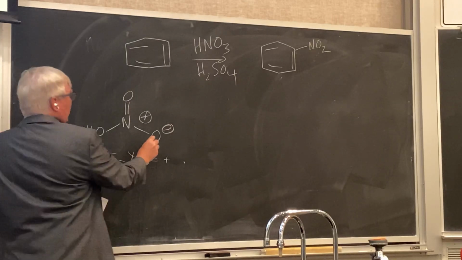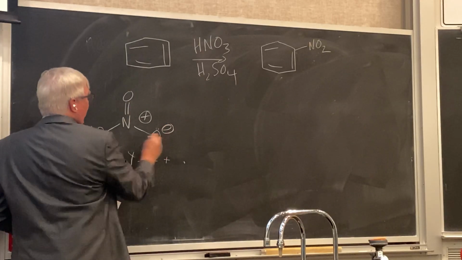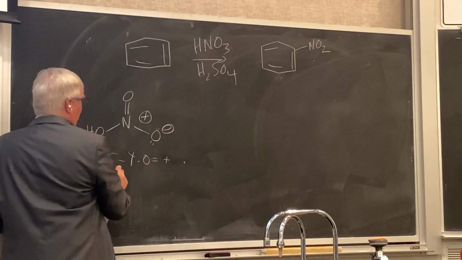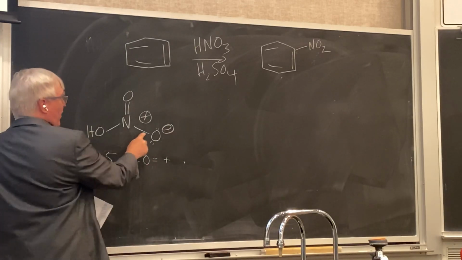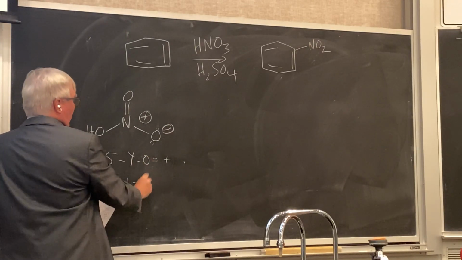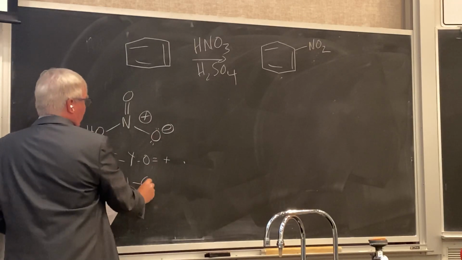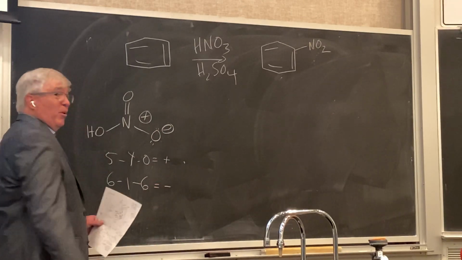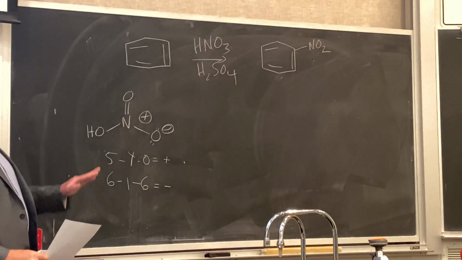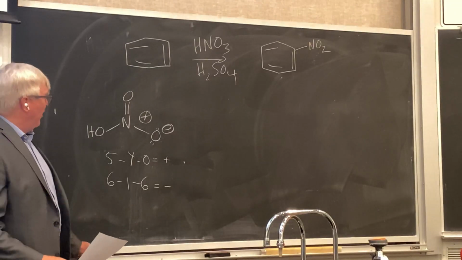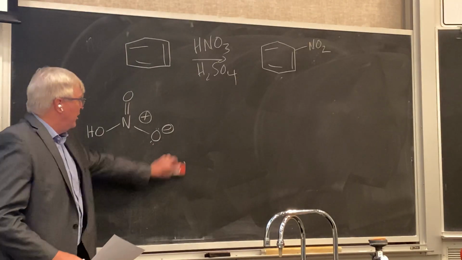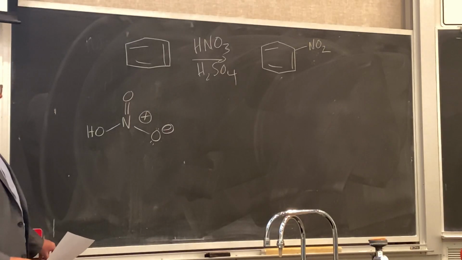What about this oxygen here? It's got 3 lone pairs. Why is it negatively charged? Well, oxygen has 6 valence electrons. How many bonds are shown here? 1. How many lone pair electrons? 6. So what is it? It's -1. Make sure you remember how to do that. And if you're uncomfortable with some of these steps, make sure you draw out the full Lewis dot structures that